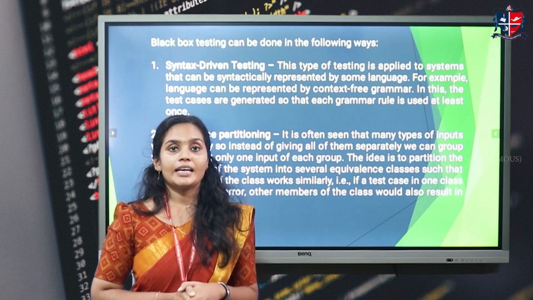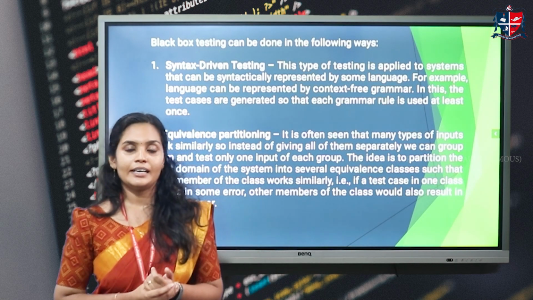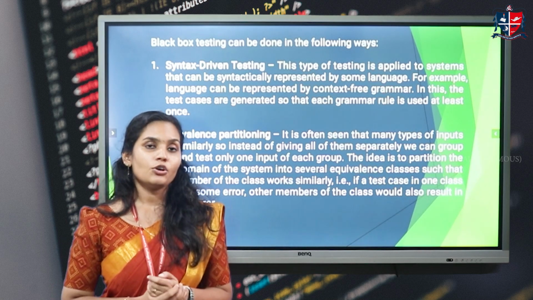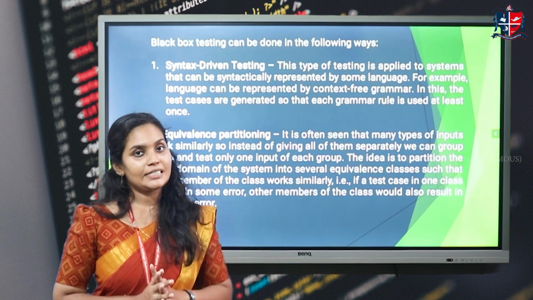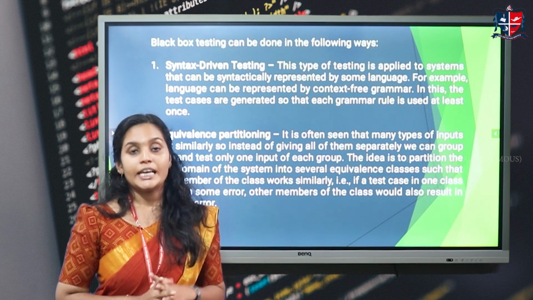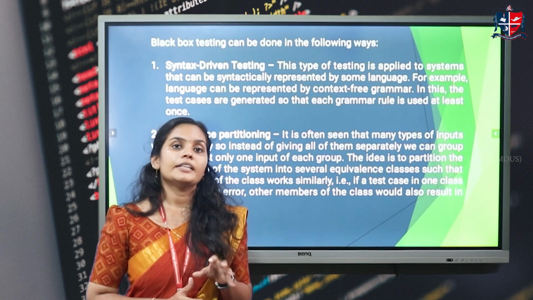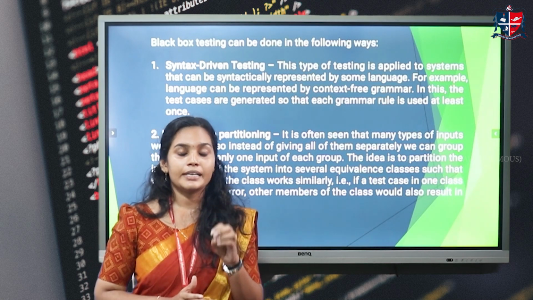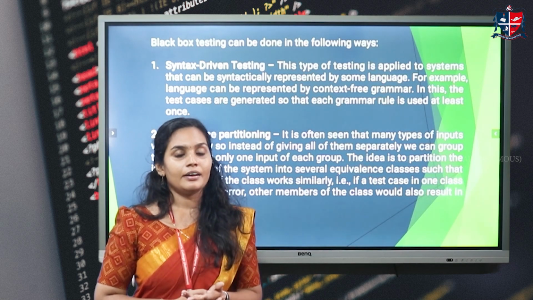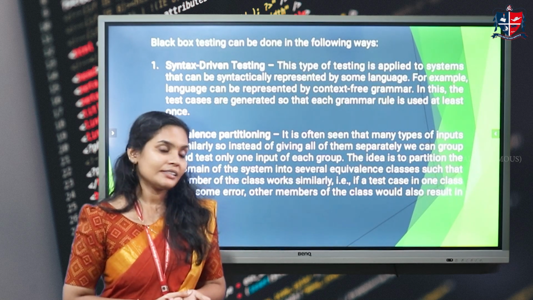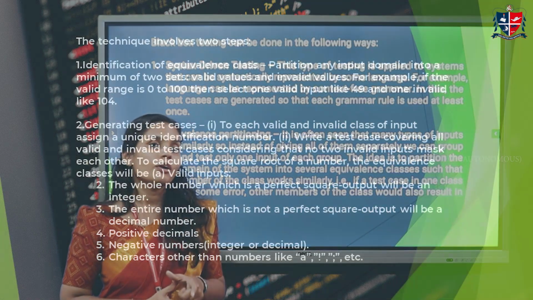In some cases, the same types of contents reside together in testing. So the similar contents can be grouped into the same class, and each class can be tested individually. If any error occurs in one class, then the contents inside that particular class will give the same errors, so we can group the similar items into one class.